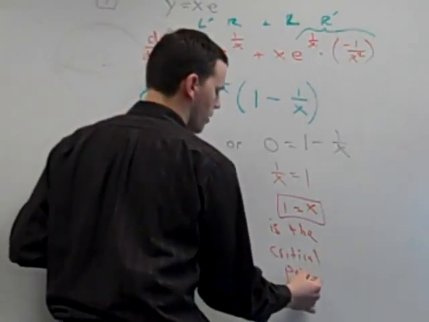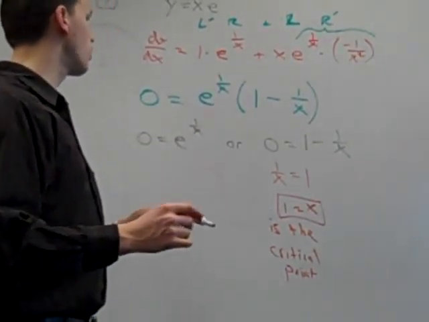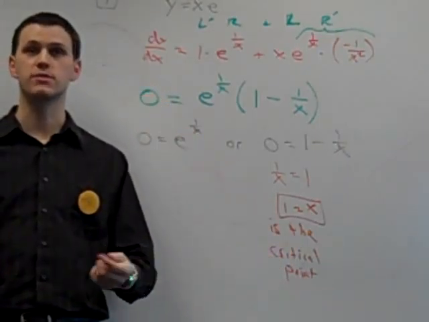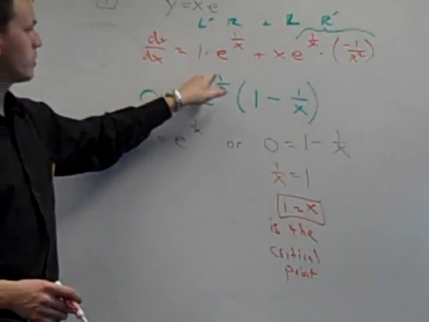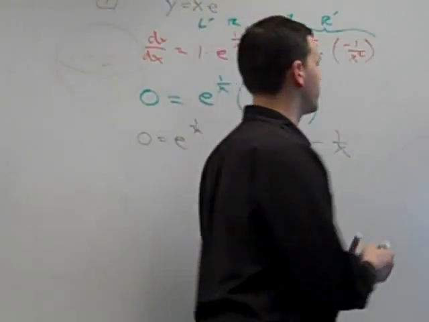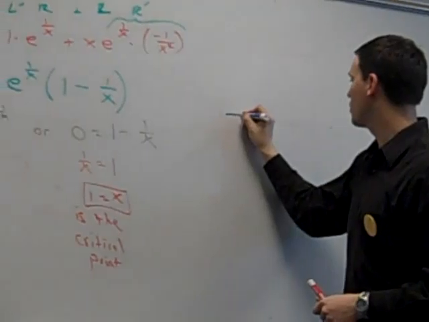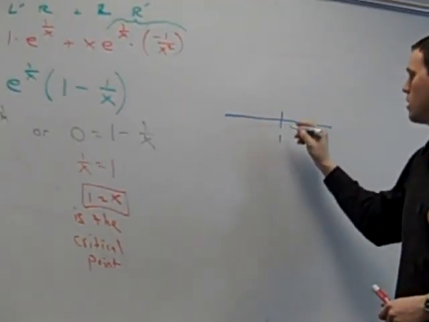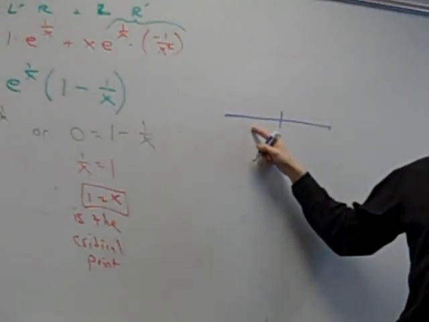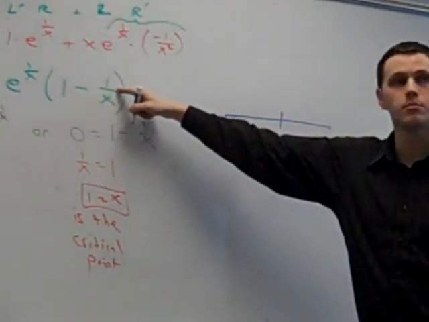And now we have to figure out if it's a what? A max or min. All right, there's two ways. One way is to take the second derivative, plug in 1, and see if it's positive or negative. But this looks really annoying to take the derivative of. So let's see if we can do it a different way. The other way is, we know that at the point 1, my derivative is 0. Let's plug in the point to the left of 1 in my derivative function. I don't want to plug in 0 because that'd be bad. We'll plug in